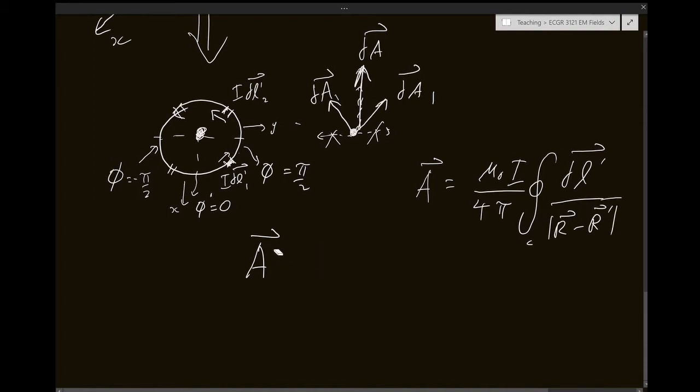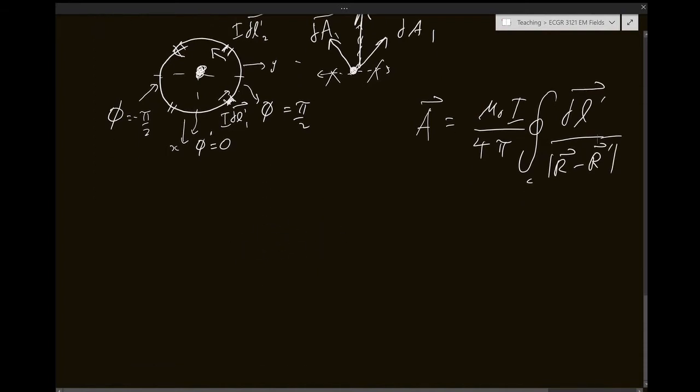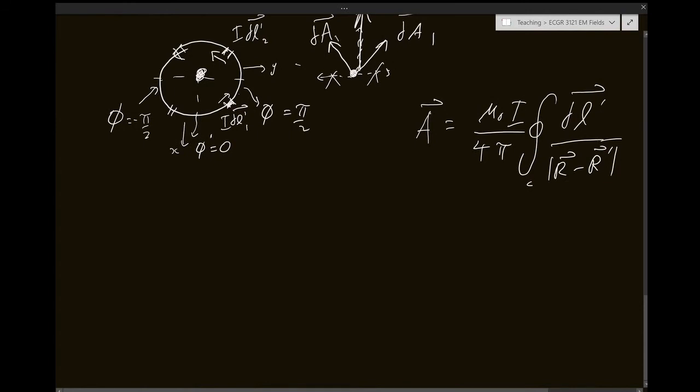So using this Biot-Savart law written in terms of the vector potential, I can write A equals phi hat mu naught I over 4 pi, and then I need to integrate the loop from minus pi over 2 to pi